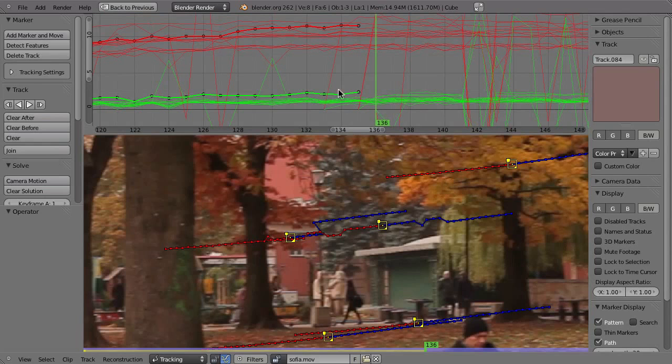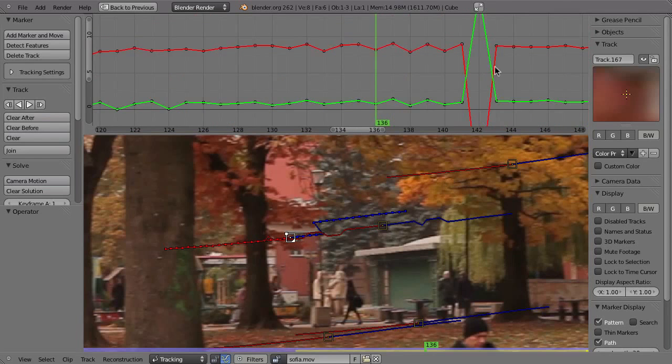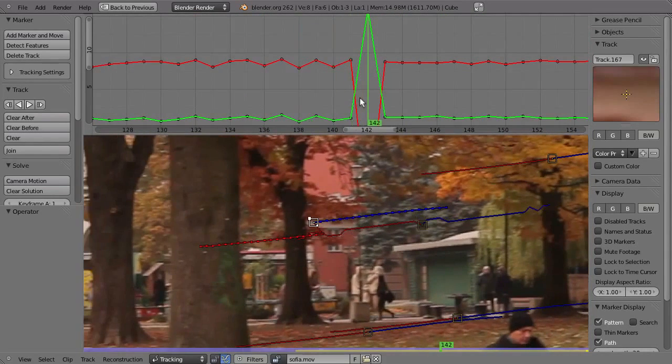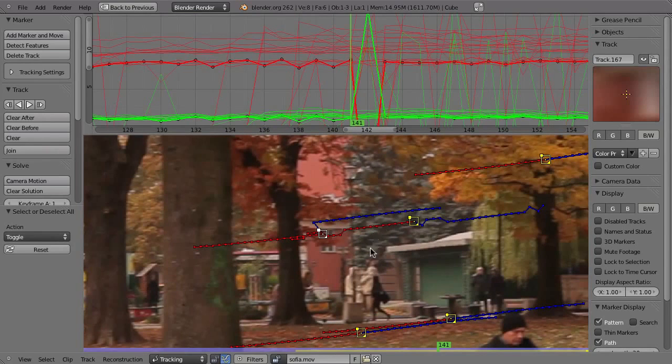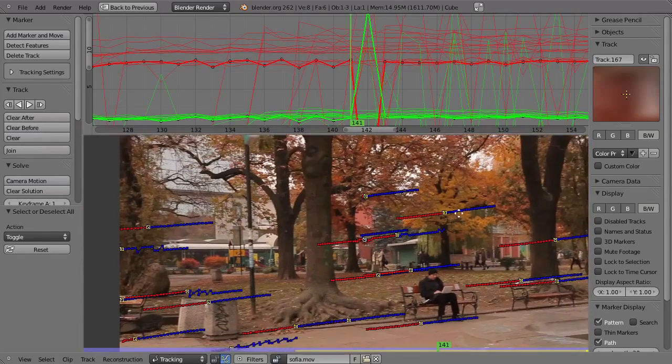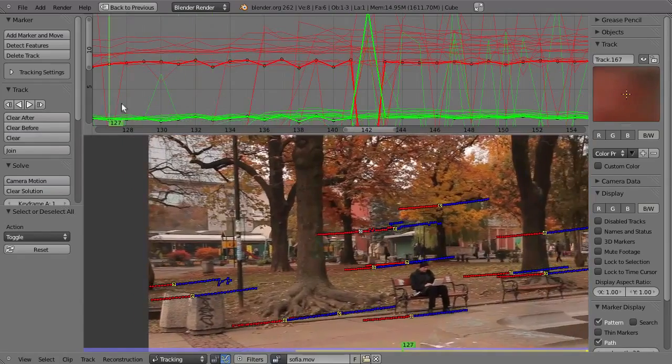And I'm pretty sure that very soon we will be able to also do stuff like that, not just for deleting, but also disabling. So that when you have something selected here and all of these selected and you have the mouse up here and press Shift D, then you will be able to only disable that one particular marker for that frame, but not everything. The same will probably and hopefully happen for clear after and clear before, because for example,